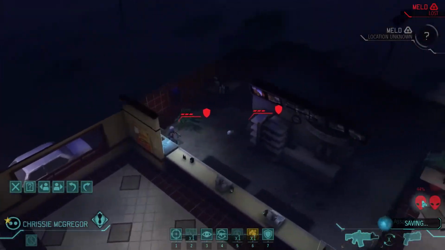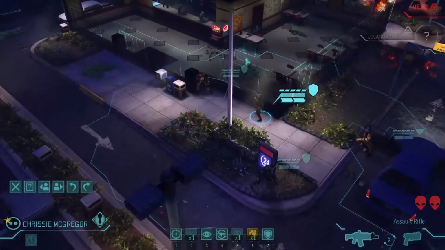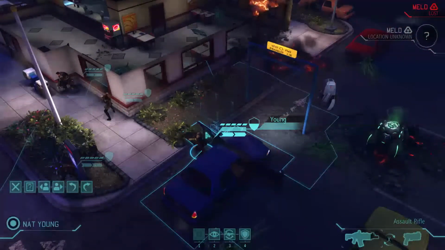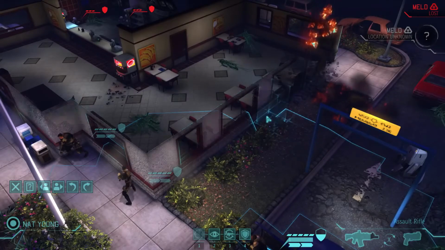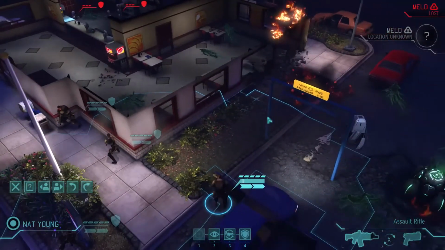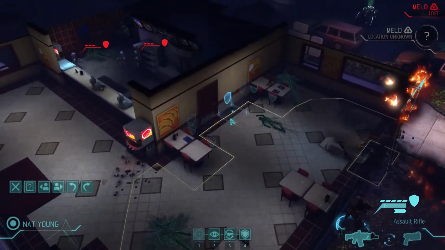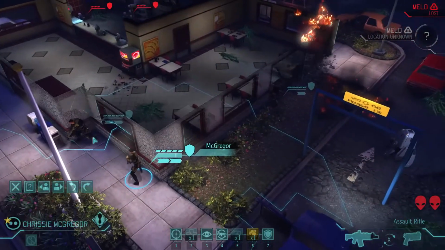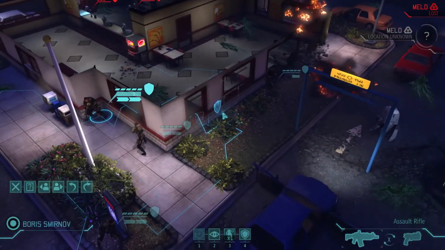Now Chrissy McGregor can see both, but we have a less than half chance to hit them both. Again, not ideal. So I think what we're going to do, we're going to take Nat Young, who cannot see either of the aliens, and move him up into this position. And then next turn, he can hopefully open this door and then get a flanking shot on the aliens. Same, I think, with Boris Smirnov. We're going to move him out to...